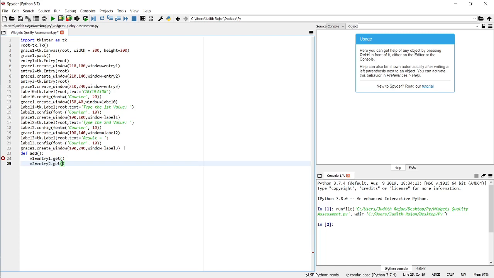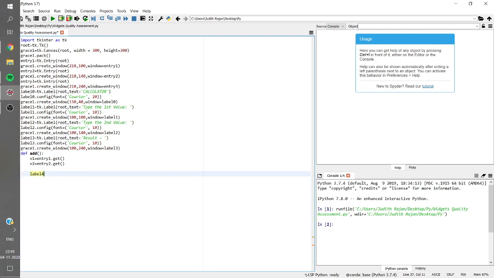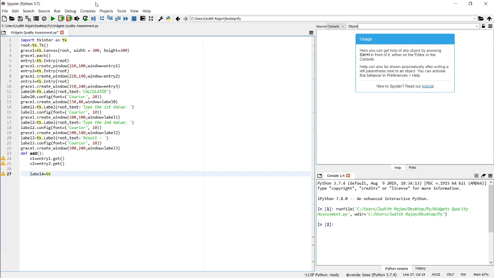So I'm getting the value which the user put inside the entry box, and I'm going to label this 4, because till 3 I have done it, 0, 1, 2, 3, and if I give 0, 1, 2 or 3 again here, it might run into an error. So I'm giving it as label 4. So label 4 equals tk dot Label, I want the root to be operating here, and I want the text to be